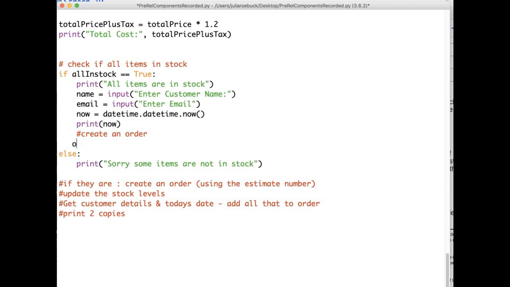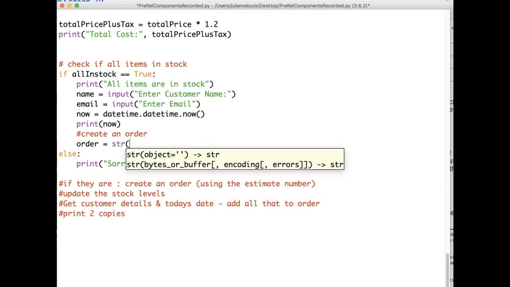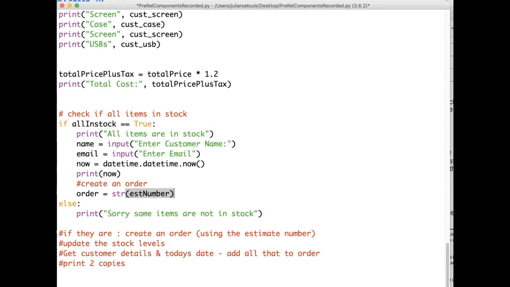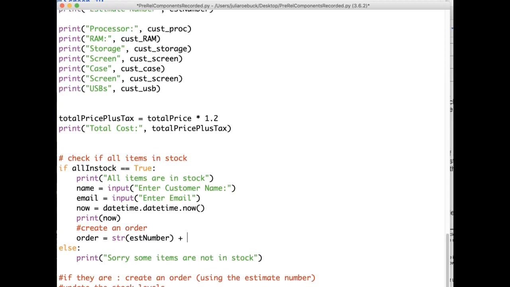So we can create our order, and it's going to be a string. Our order is going to be the order number or the estimate number. We need to turn that into a string. So the estimate number, that's going to be our number. Then we do a plus, which actually just means concatenate. It means add strings together. So we're going to add all the items that they've selected. So the customer processor